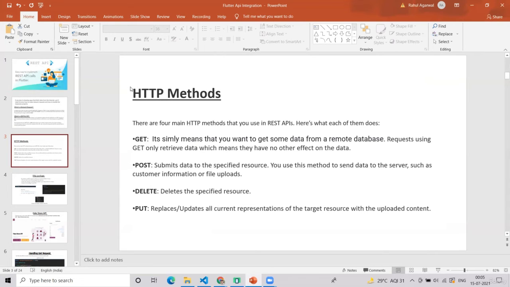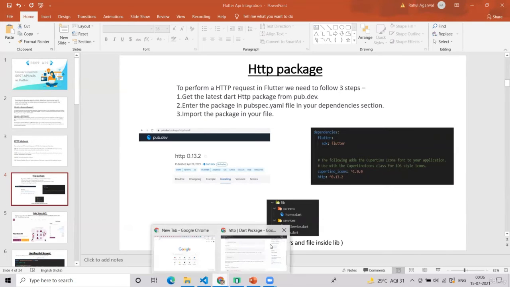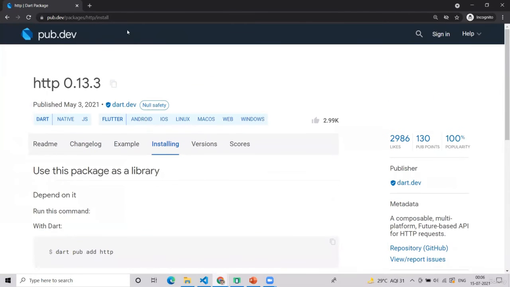Now in Flutter, if we want to do anything, we have to get that dependency. So for HTTP requests also, there is a dependency called the HTTP package. You simply open your browser, go to pub.dev and just type HTTP.